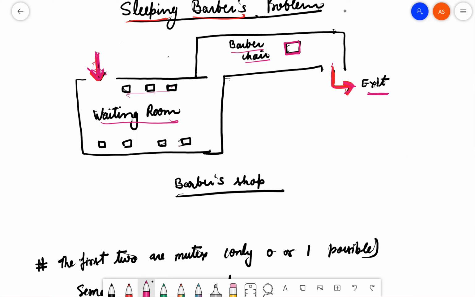So here there are some cases. One case is, suppose all the seats are occupied in the waiting room, all the customers are already sitting here. Then any new customer who comes will see the occupied room and will leave without any haircut. The second case is if there is no customer here in the waiting room, the barber will